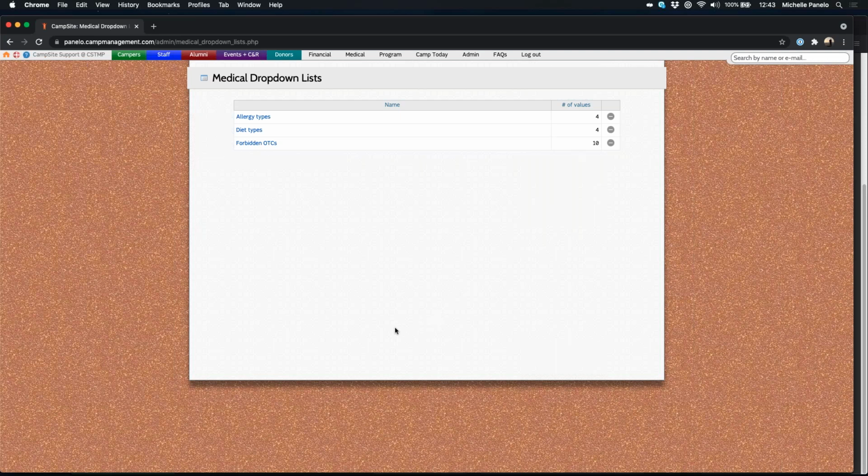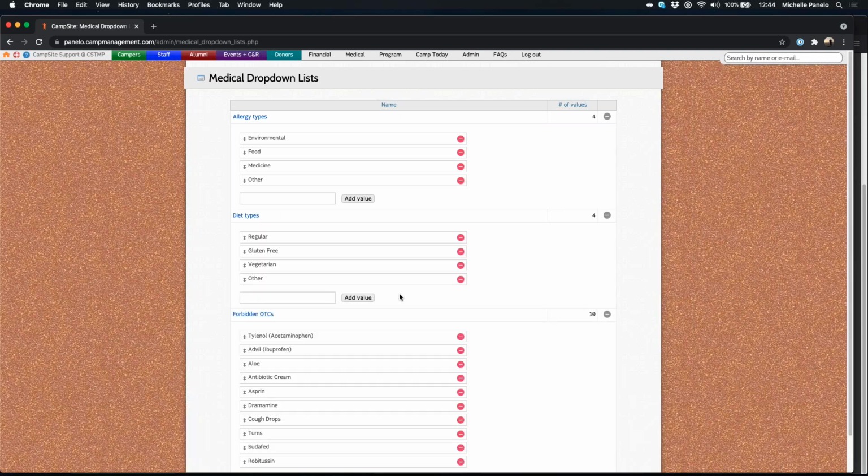So this is where admin can view and manage the 3 medical drop-down lists that are being used in the health history forms. If you remember, there was a drop-down for allergy types in the allergy section that parents filled out. You can manage them here. So we have those 4 standard ones, diet types, forbidden OTCs. You can choose to delete any of these,